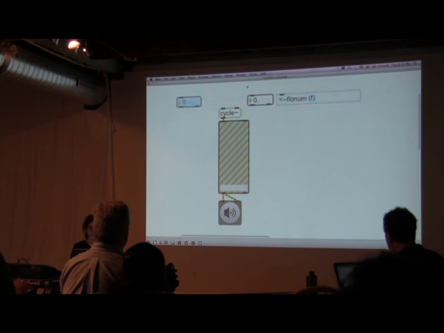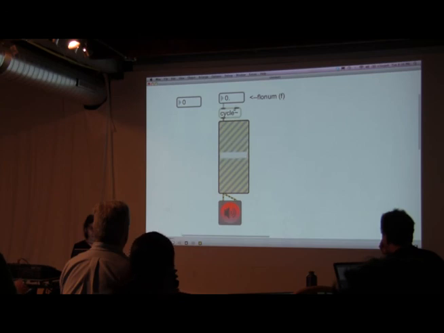Okay, so we'll use a floating point number here. It's really simple. If you want to have one cycle per second,